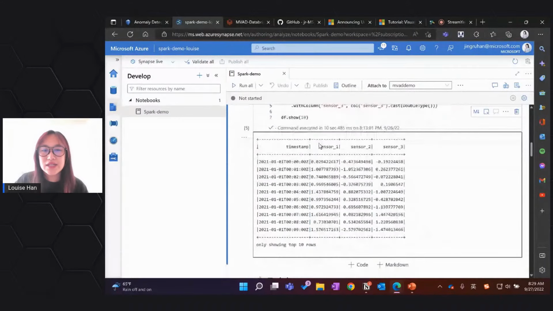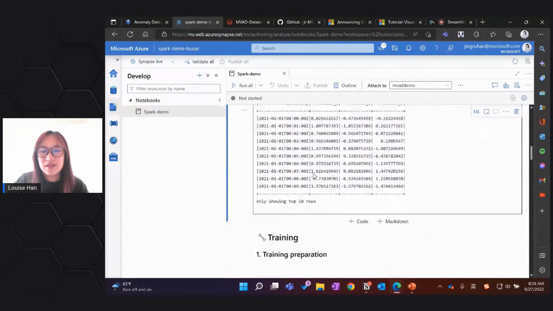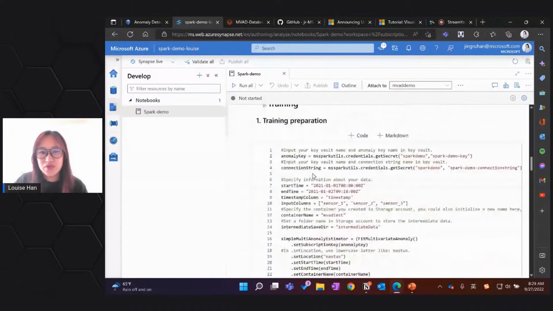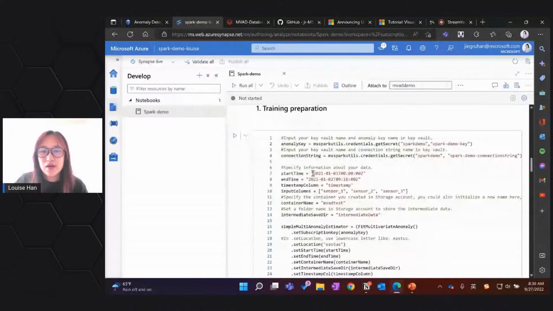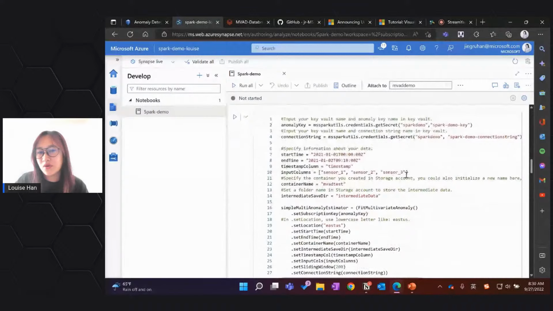So we have 3 sensors and the timestamp here. And after that, we can go to the training part. Within the training part, all you need to do is change some basic settings